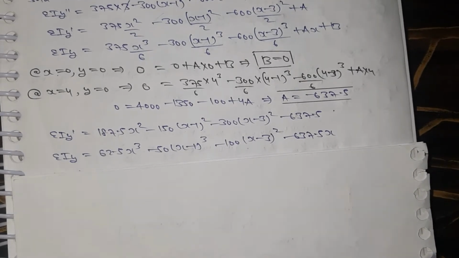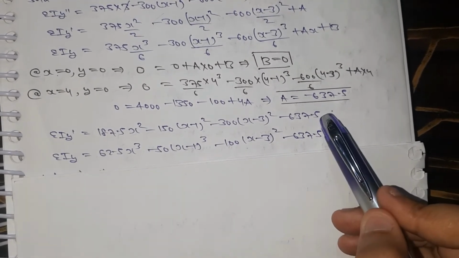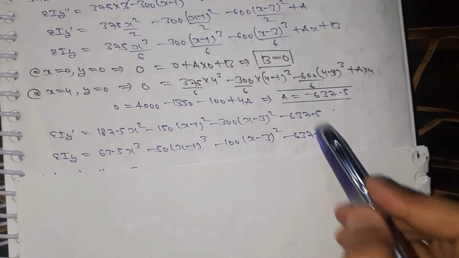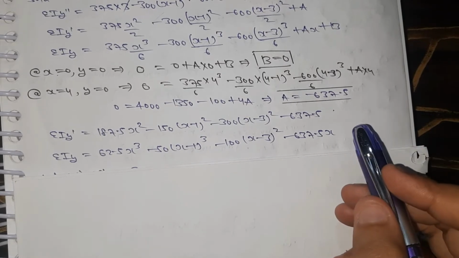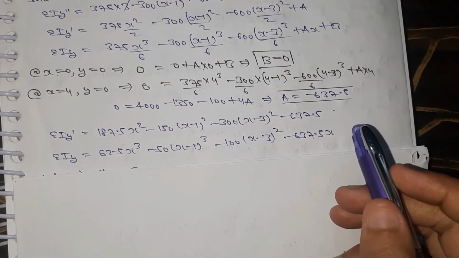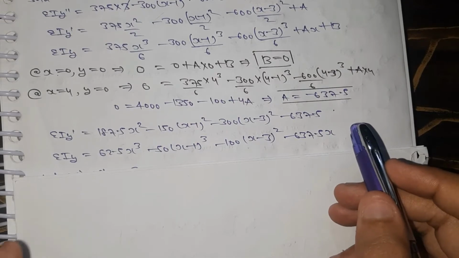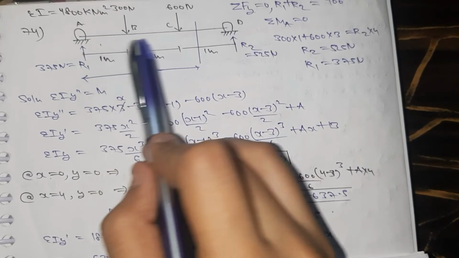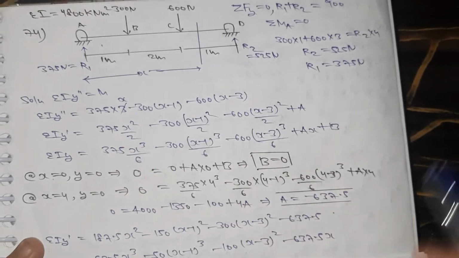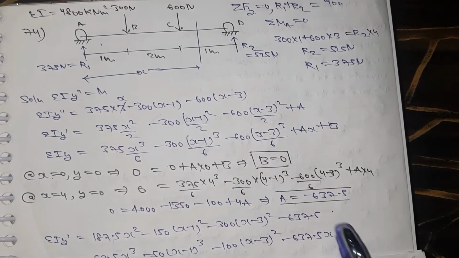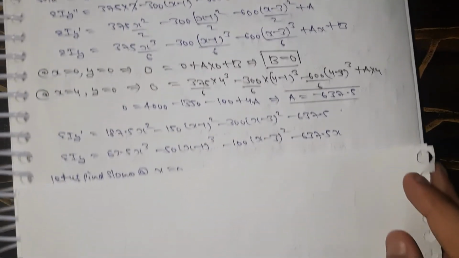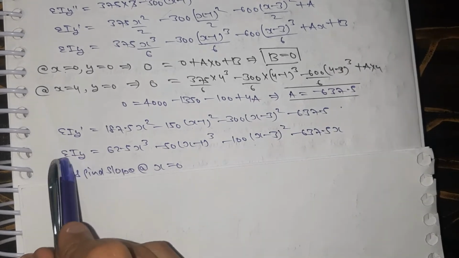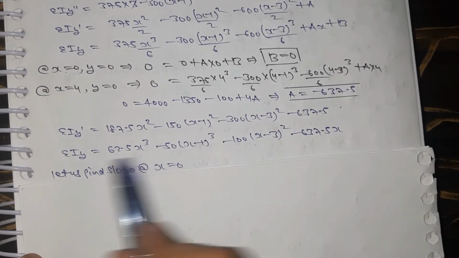So I have not written. Now guys, this is the general equation that you are getting from using Macaulay's method. This general equation will help you to get slope and deflection at any point in the beam itself, right? You choose any random point in the beam and you will definitely get slope and deflection, all the things. To get slope you have to use this whole equation, and to get deflection you have to use this equation. Okay,